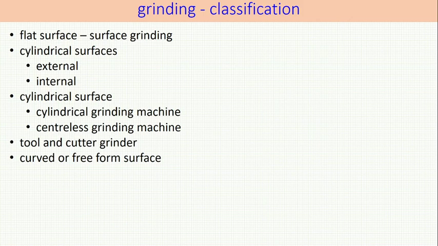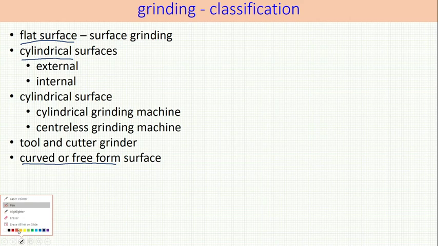Flat surface grinding, grinding of cylindrical surfaces, and grinding of freeform surfaces. Now flat surface doesn't have a sense of external, internal. I do not know whether you can see me or not. This particular surface is cylindrical. This is having an external surface. This is the digital pen holder where I put the digital pen like this. There is an internal surface which is also cylindrical. So cylindrical surfaces can be both external and internal, and both of them require grinding.